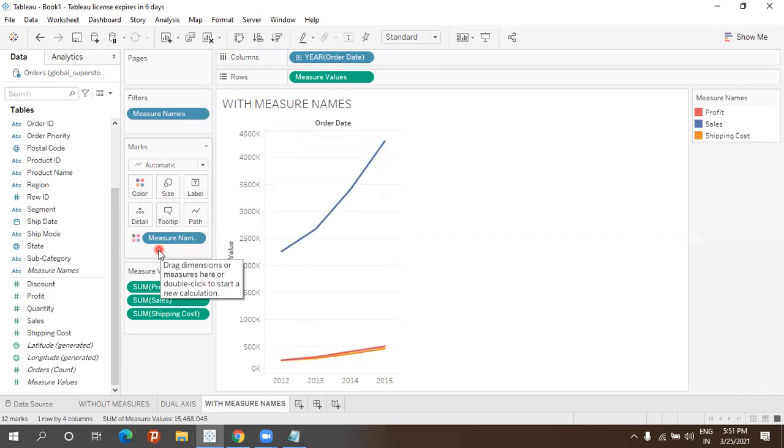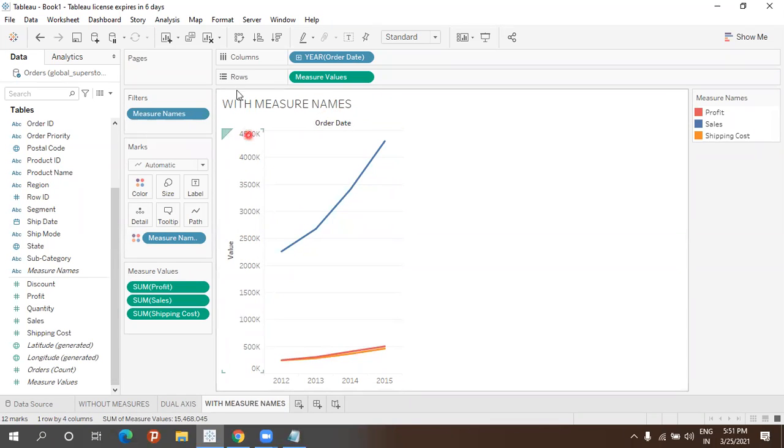Okay, measure names, the three names, where we have filtered here, right? We filtered based on the measure names: shipping cost, sales, total sales. Based on that, I'm going to color it. So when I drag and drop into color, the discrete, automatically it will give me a chart. It is like this.